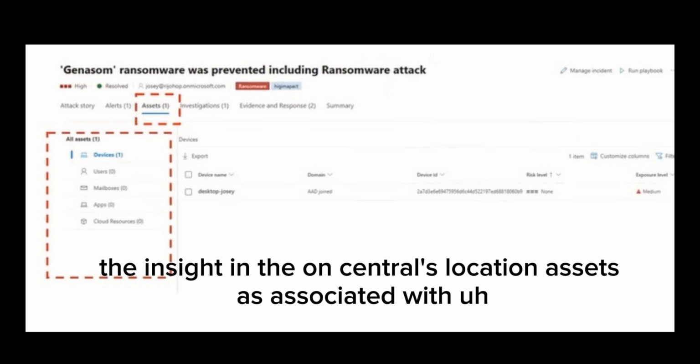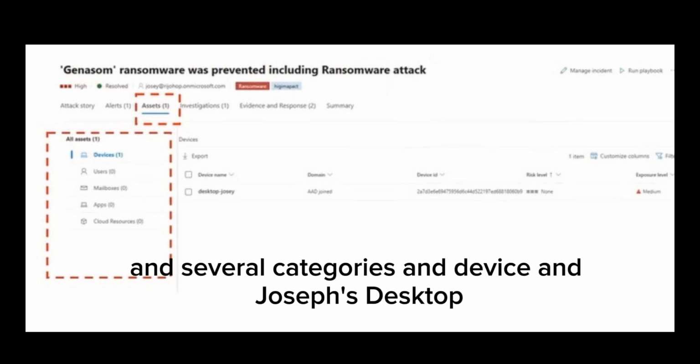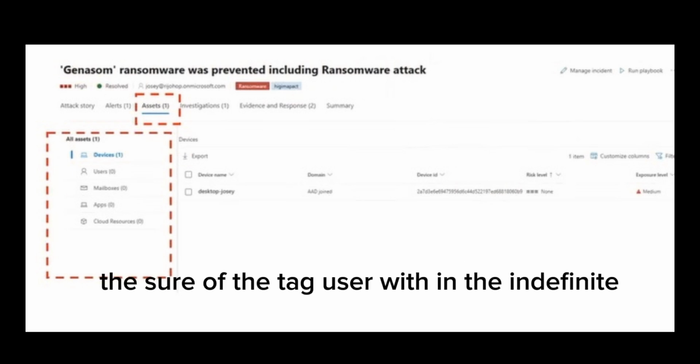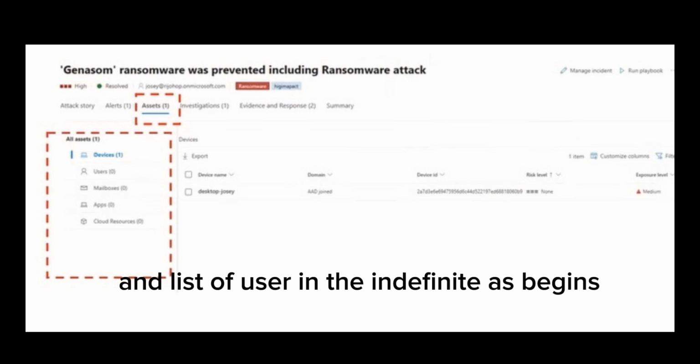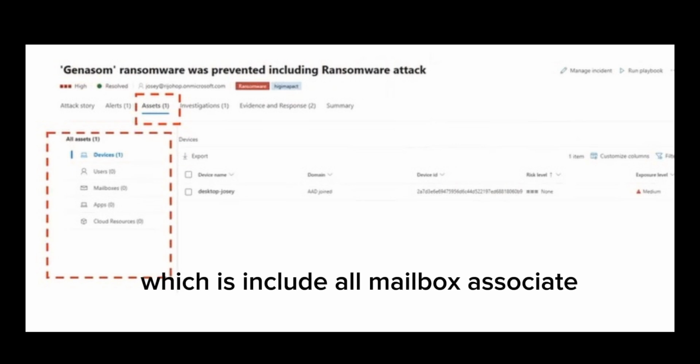Assets associated with the incident are presented in several categories: devices, such as a desktop; users, with a list of user identities associated with the incident; and mailboxes, which include all mailboxes